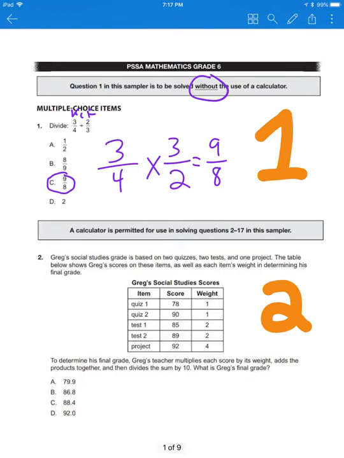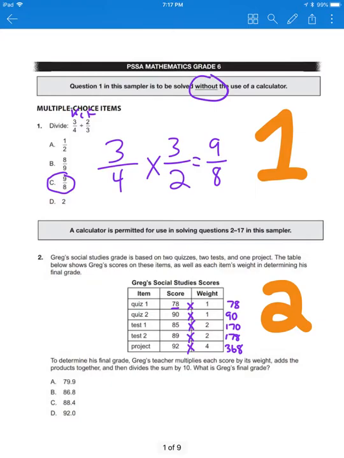All right, so here's what they mean. Greg's teacher multiplies each score by its weight. All right, so let's talk about that part first. If we take each score and multiply it by its weight, so we're going to multiply here. The first thing, 78 times 1 is 78. 90 times 1 is 90. Now remember, you're allowed to use a calculator for this. So 85 times 2 is 170. 89 times 2 is 178. And 92 times 4 is